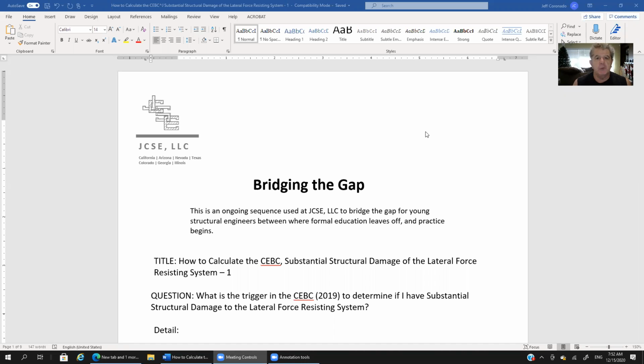Bridging the Gap is a series of structural engineering design tutorials that we have developed in order to assist young and even aspiring structural engineers in breaking into the field. So if you are graduating within the next year or two, or if you recently graduated, let's say within the last couple of years,